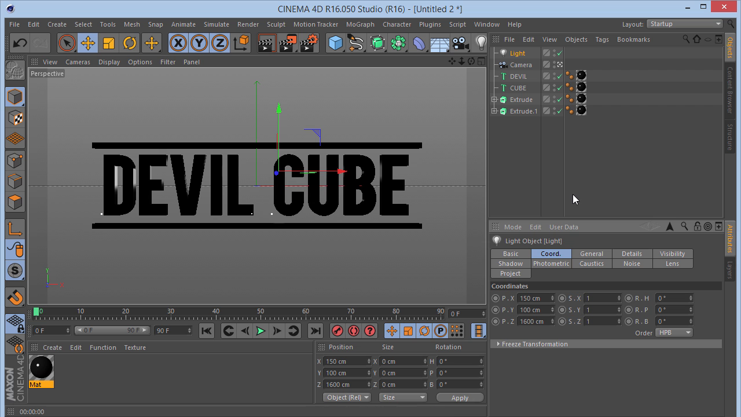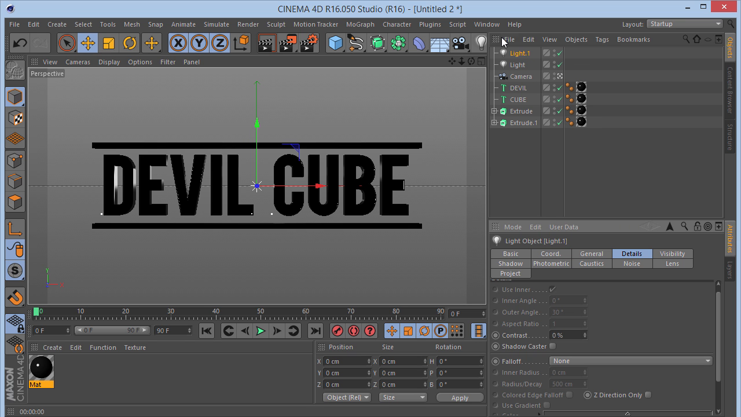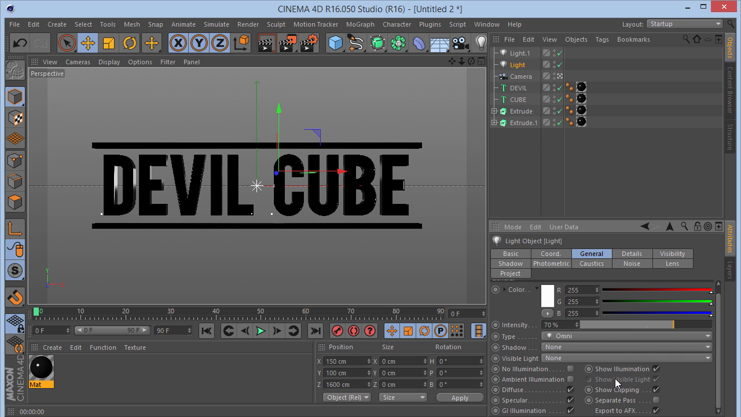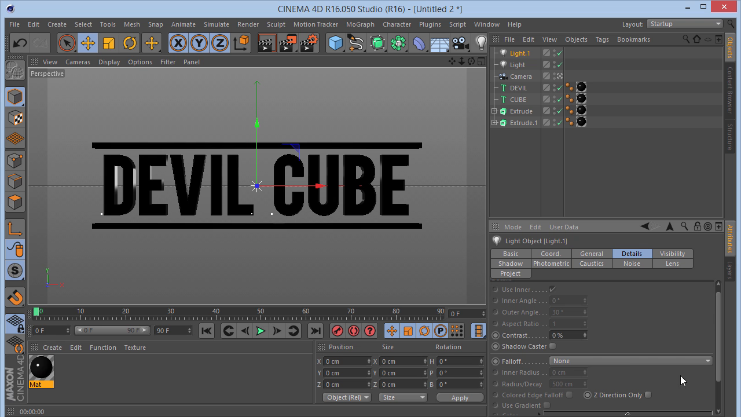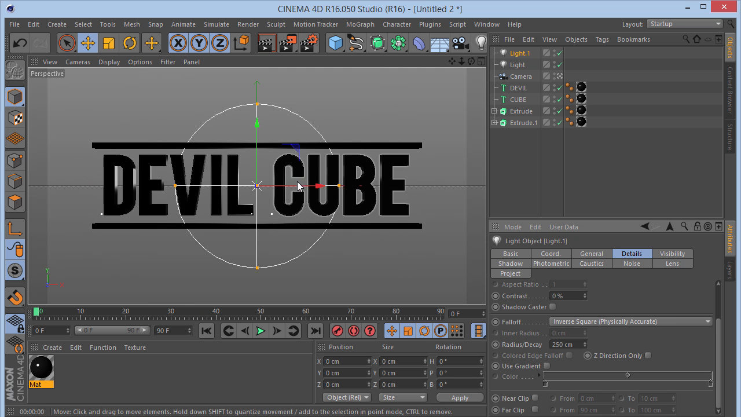Okay, cool. Then we can create a new light again. Now, before we do any changes to the second light, in the first light I want to go to the General tab and check off diffuse, because I want to hit only the specular. That's the most important part. Now, for the second light, we can check off specular, because we don't want specular hits, we want only diffuse. I'm going to go to the details and set the falloff to inverse square physically accurate. I'm going to set the radius to 250, and then move it to the side,